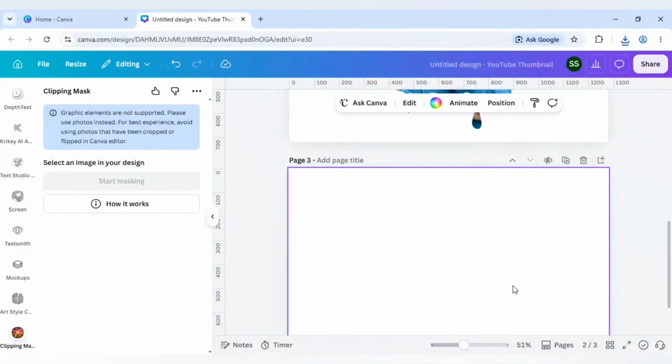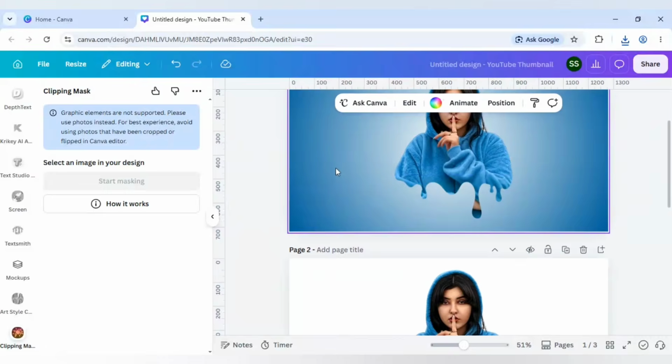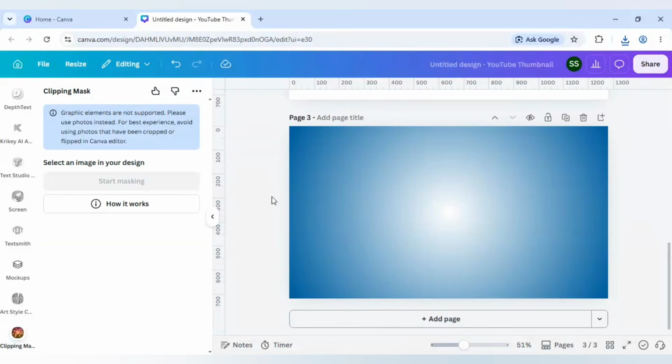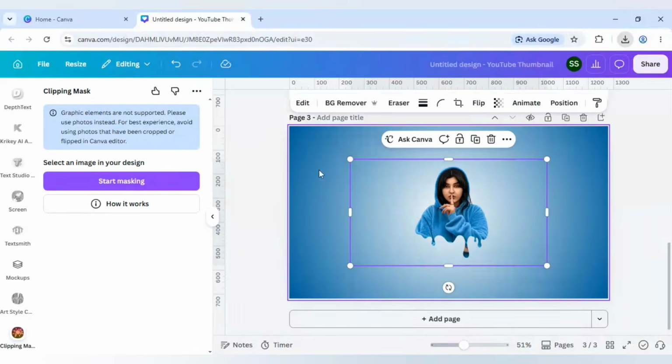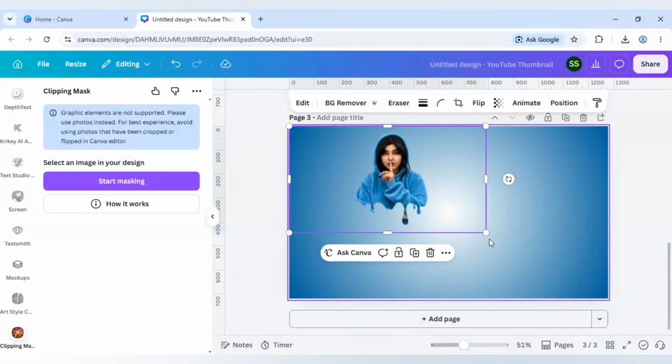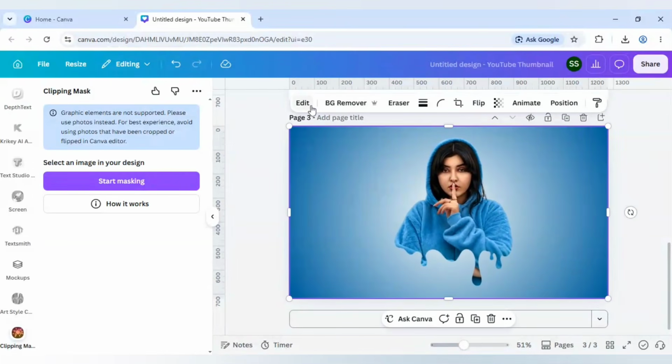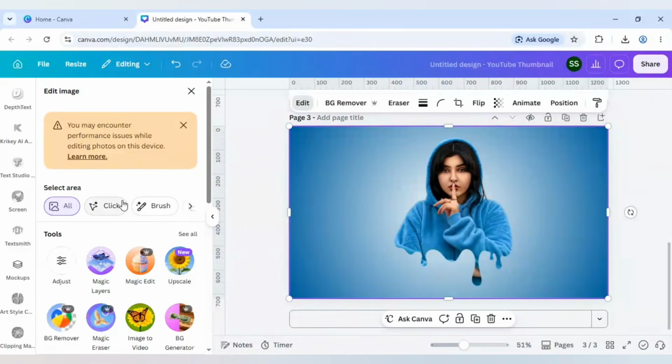Now I will click on add page. Okay, and bring the background, copy it, Ctrl+C and Ctrl+V to paste it here and bring the image here. Okay, make it to the same size as the canvas. And after that click on edit,